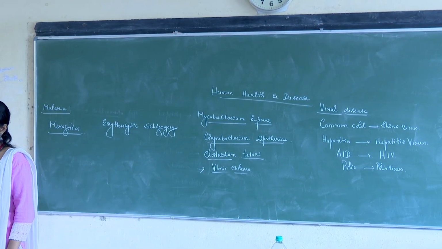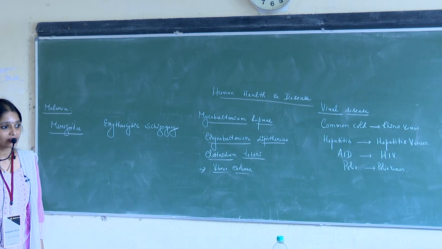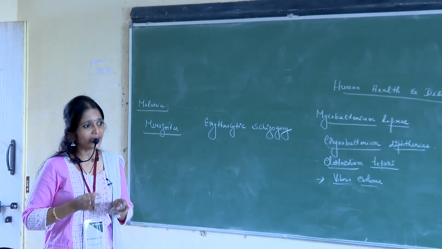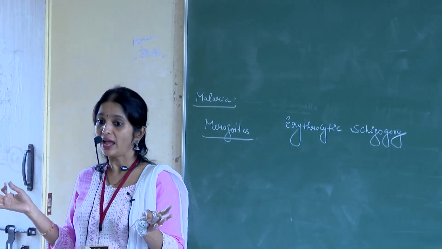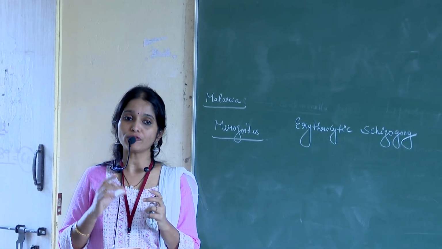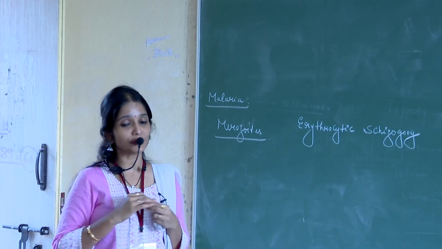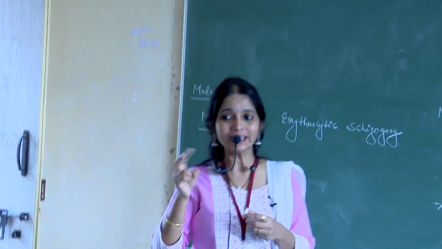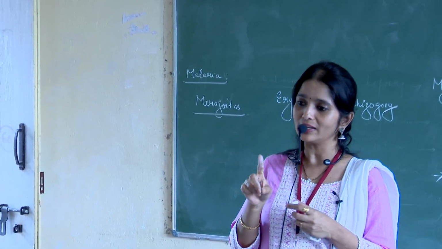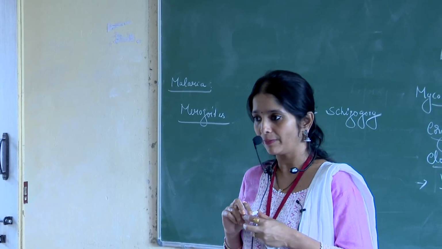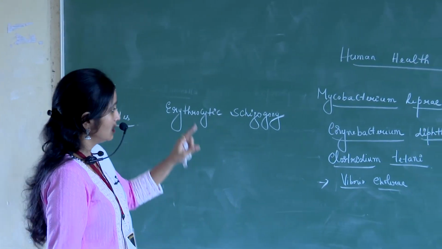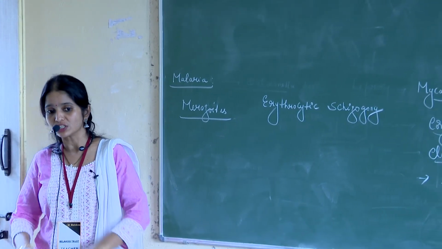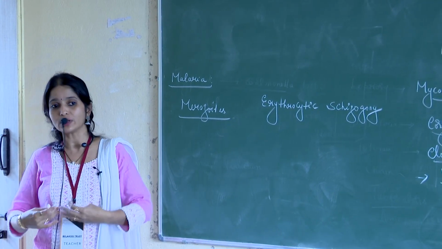Right? So these parasites get released. They attack fresh RBCs, multiply there, and again rupture them. Whenever there is rupturing of RBC, the patient experiences chill and fever. So in malaria, chill and fever occur at regular intervals, during erythrocytic schizogony. So this rupturing of RBC and release of the parasite